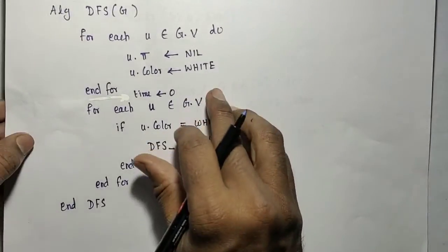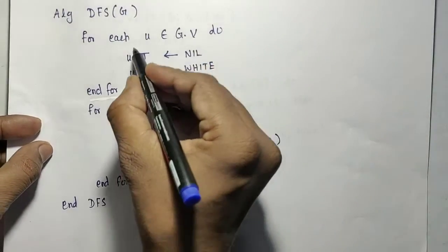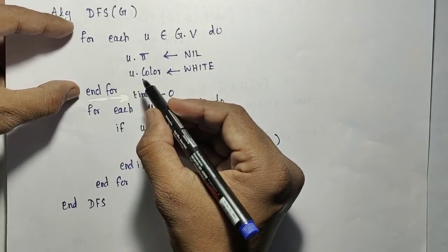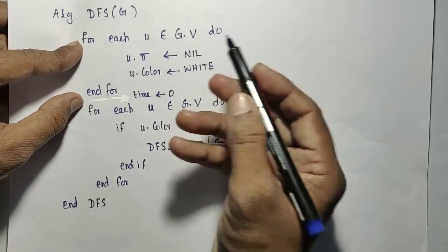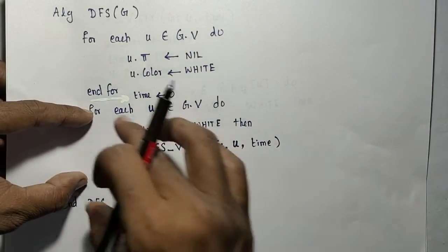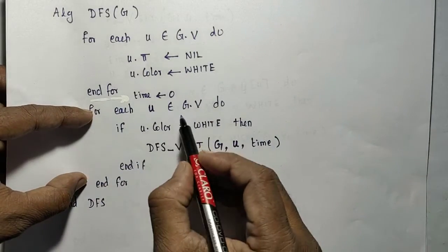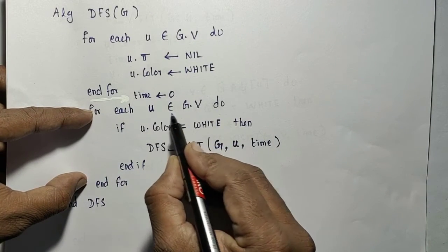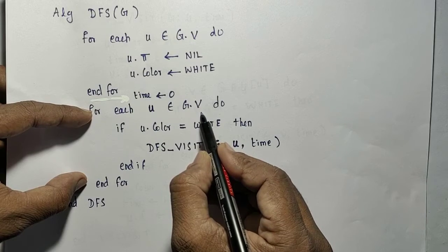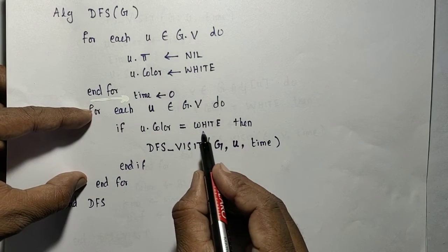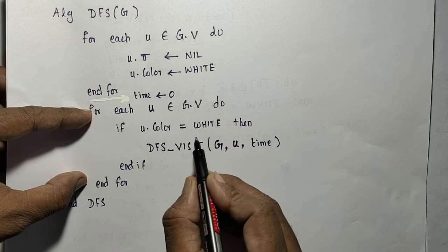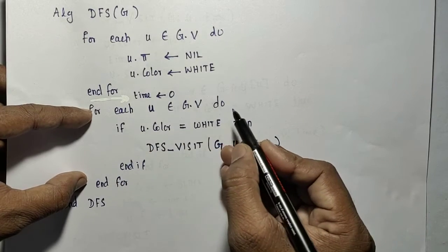So in that DFS also, if you are considering this, all the vertices need to be initialized first, that for loop. So that complexity equals the number of vertices. Here also, in that for loop, we are visiting the number of vertices again. Each vertex is going to be visited if it is not already visited. So the maximum execution time is the number of vertices only.